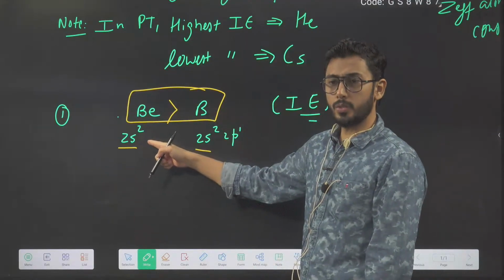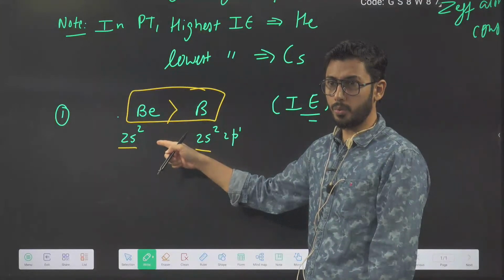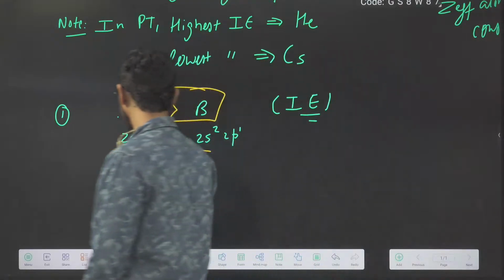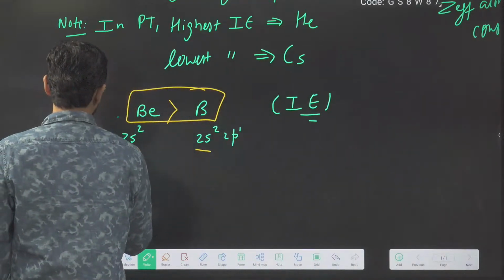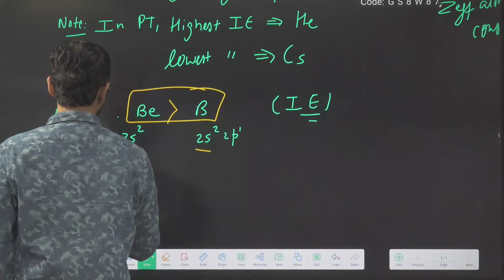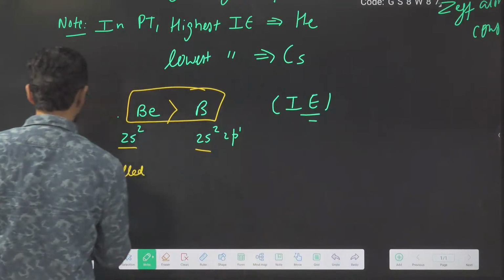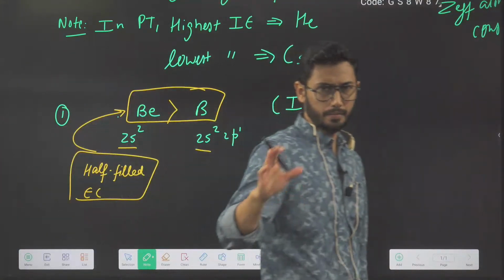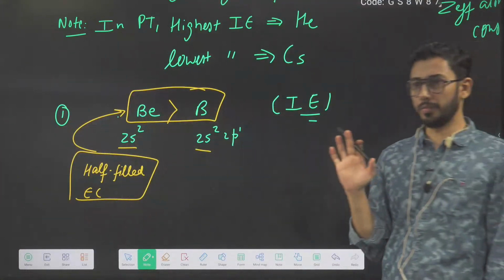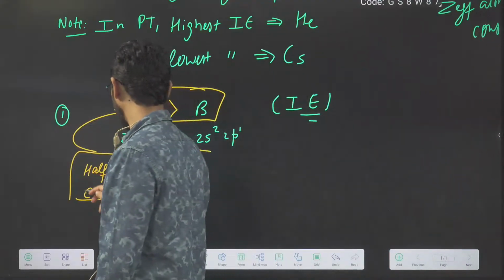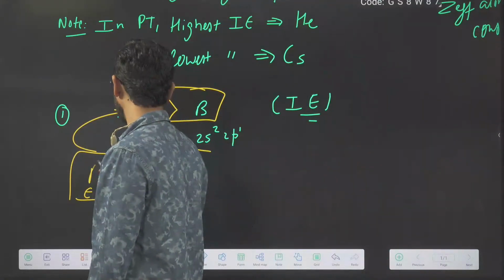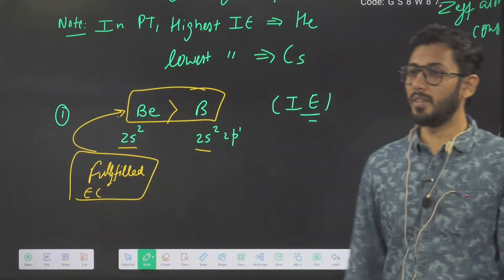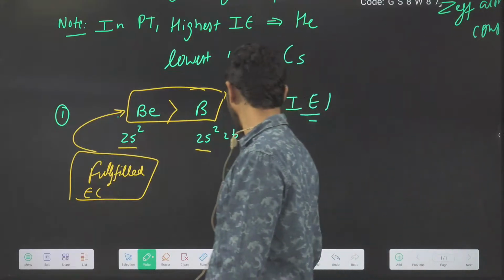Beryllium has 1s2, 2s2, a fully filled configuration, then boron is 2s2 then 2p1. So here one such reason is half-filled configuration. Sorry, not half-filled, fully filled. Forgot. It is fully filled electronic configuration in beryllium. One thing which we can use for explanation. And an important reason is